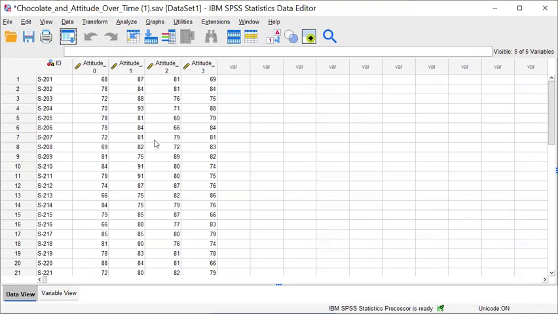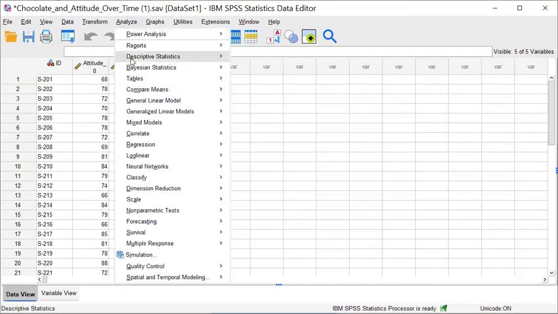And in Module 6, the directions say to use the data set provided and create a brief video with narration demonstrating how to use SPSS to determine if chocolate may have a significant effect on attitude. And so to do this, you would take the data set and you would click Analyze, then General Linear Model,